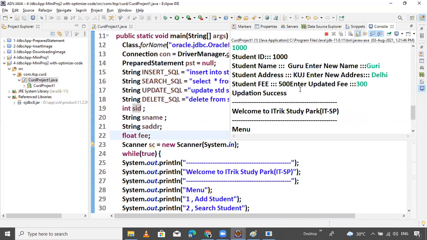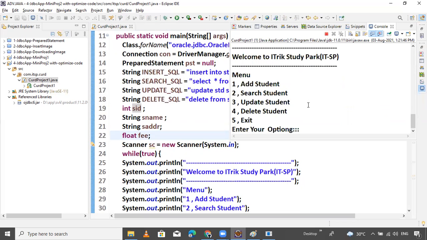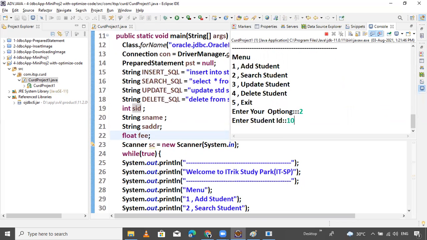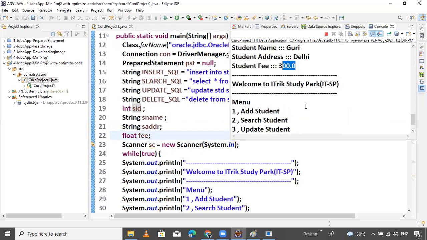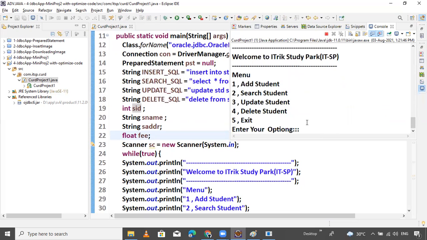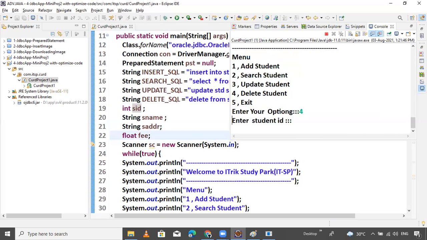That's it, because it is updated. If you want to see, you can see Guri, Delhi, 300. That's it. Now I want to delete the record. So perform three.